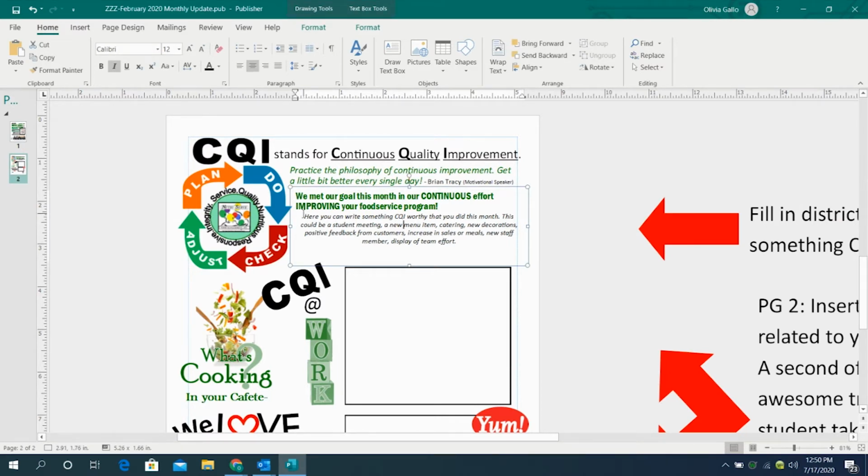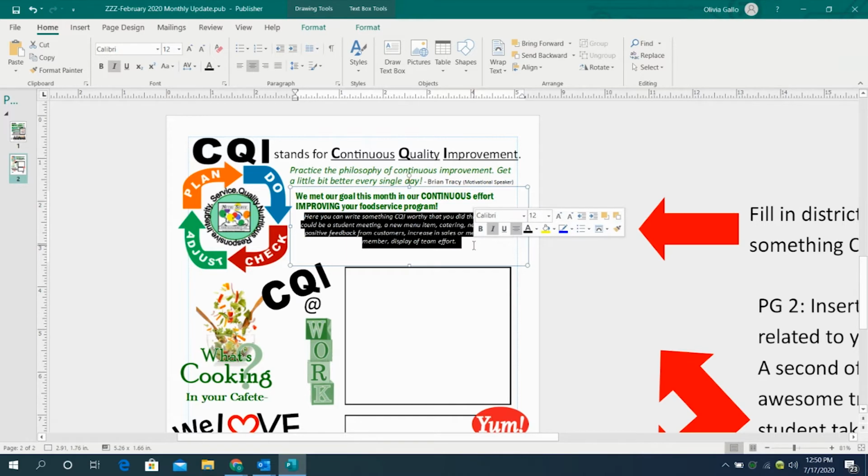So again, to edit this paragraph, to edit the writing, I'm going to click in the beginning of it, drag my mouse over everything, and then start typing. So let's say for this month, I want to focus on the new marketing that we got in one of our kitchens. So I'm going to start out by saying this was an exciting month in the sample school district